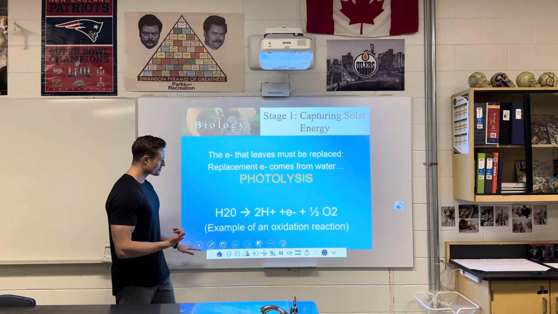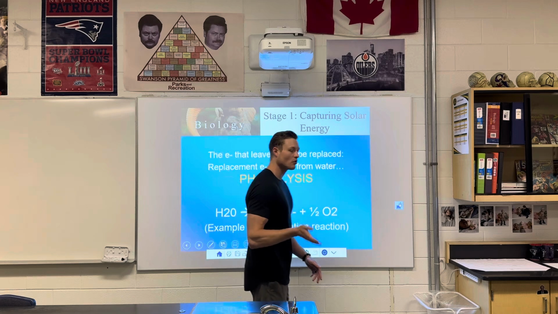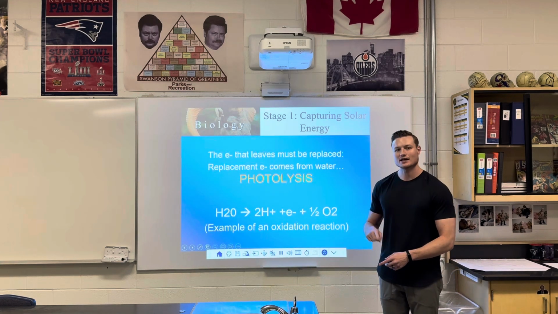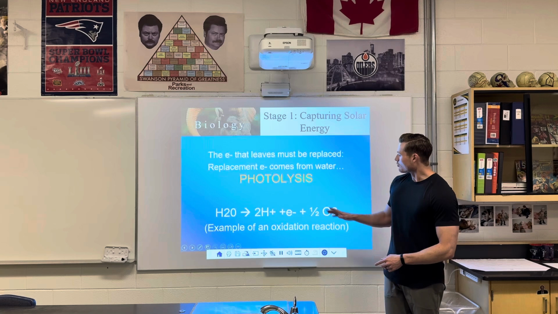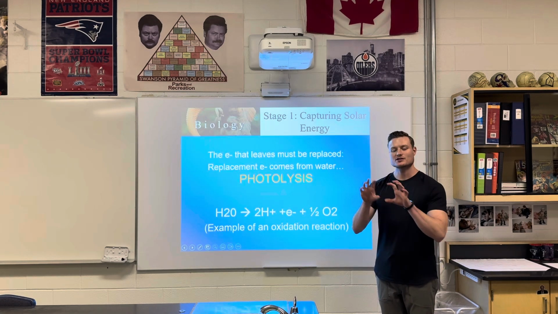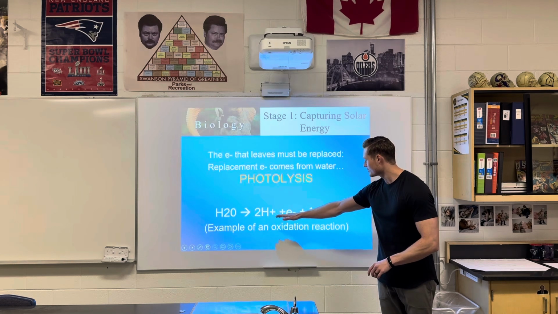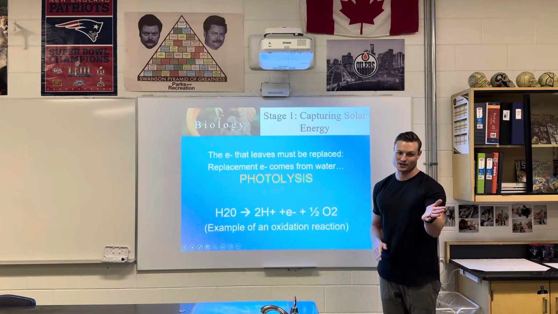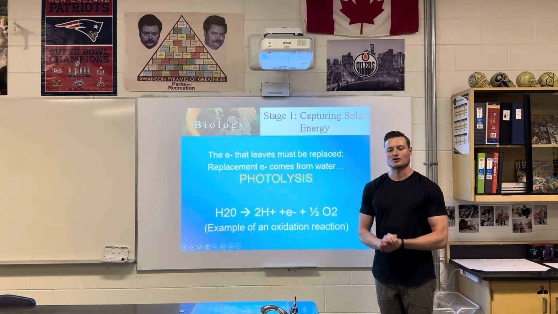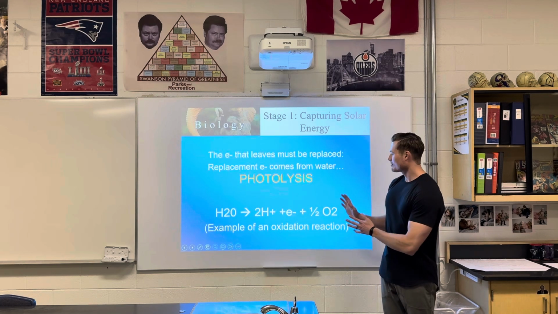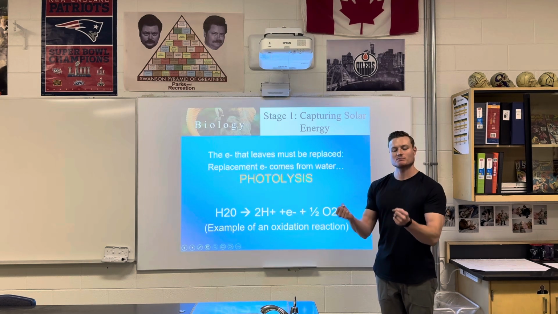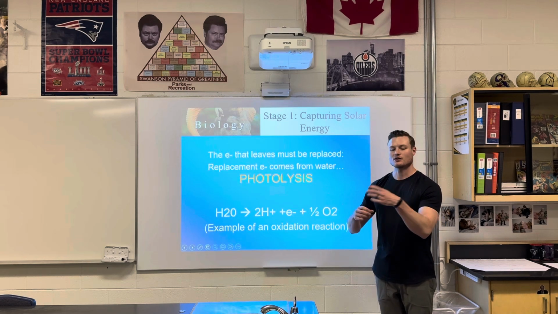Now, where do these electrons come from? Are they just floating around? No, they actually come from water. This is why water is needed for the light-dependent reaction. When water splits, it will split into hydrogen, oxygen, that's where the oxygen comes from, and an electron. This process is called photolysis. You take a water molecule, H2O, and split it, giving off hydrogen, oxygen, and